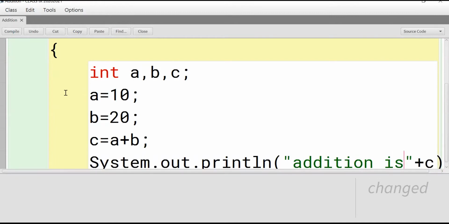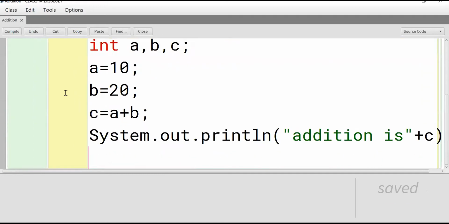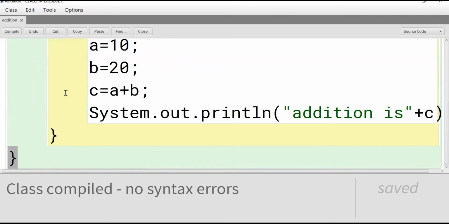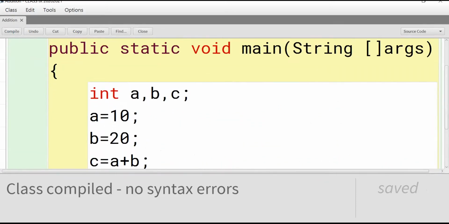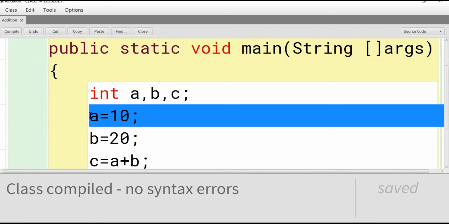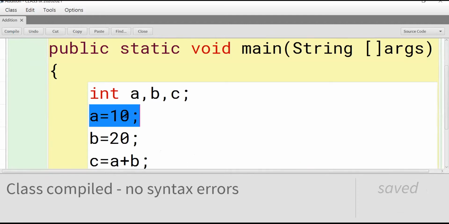So here we don't want to display any message. Now no syntax errors. Here three variables I am using: one is A, one is B, and one is C. A value we initialized as 10. That means the value 10 is stored in A and the value 20 is stored in B.